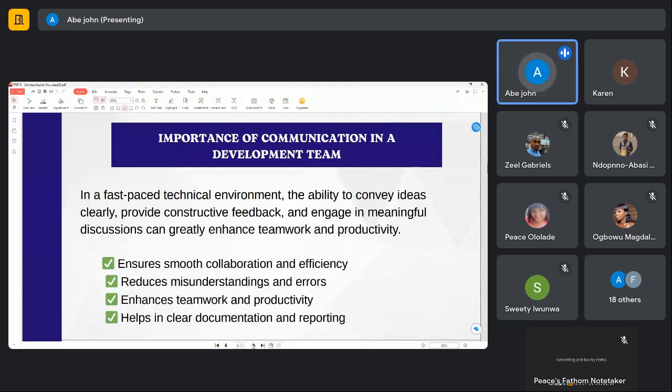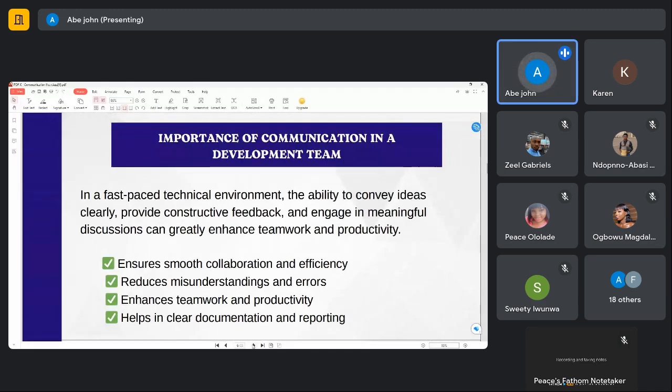Then it reduces misunderstandings and errors. Because if you don't get to understand your team members, errors and misunderstandings are bound to happen. And at the end of the day, you might even be the one at fault. Probably you didn't hear the other person very well, or maybe the person didn't pass the information well to you for you to understand.